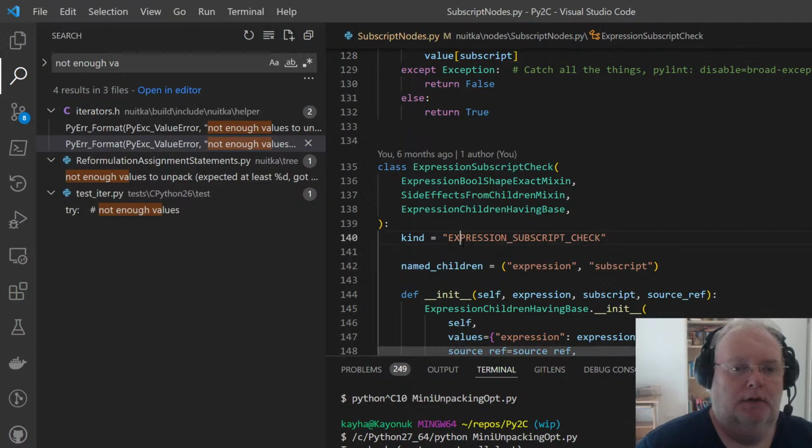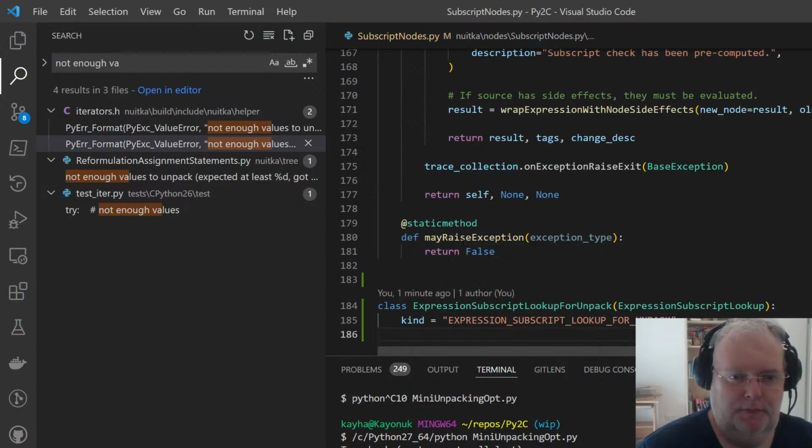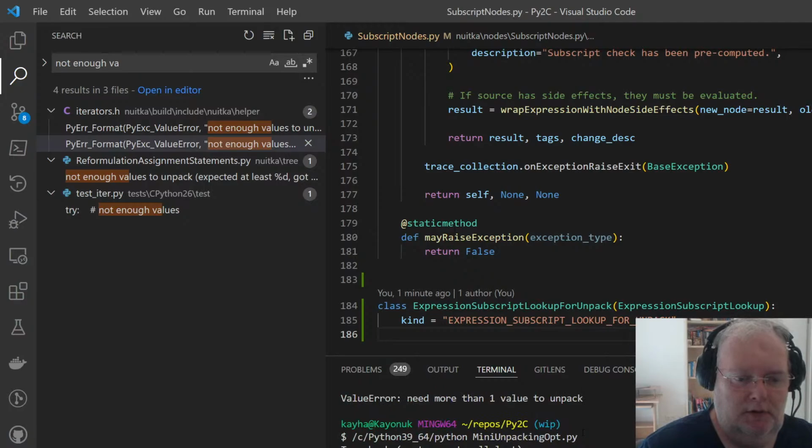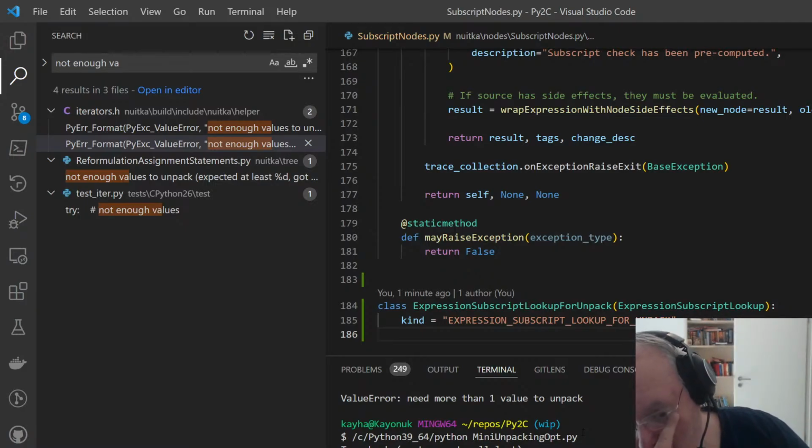Okay. So I do not need that for Python 2, and for Python 3 I do need the expected value. The expected value is something I was taking.